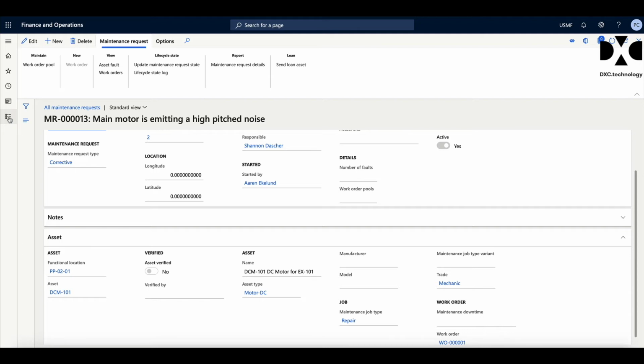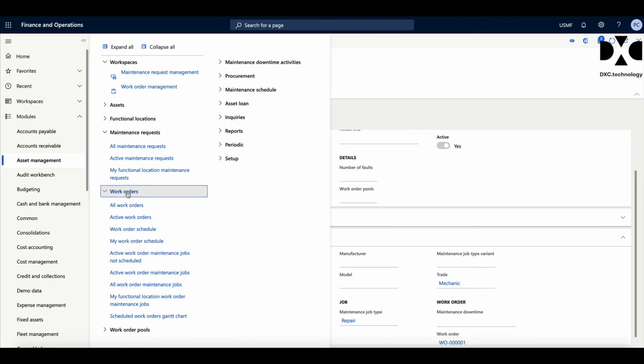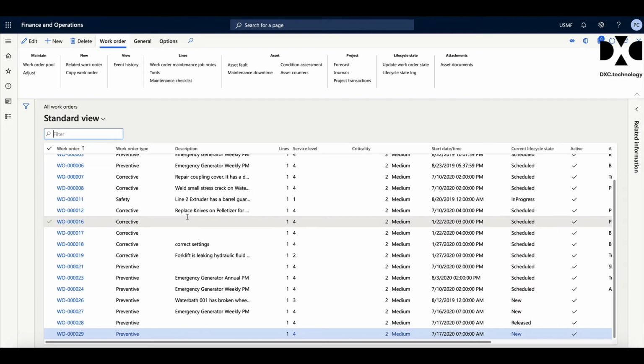But let's get back to the work orders, and let's go and show you the work order list. As I've shown it in terms of the workspace, I'll show it to you as a normal area. So these are all the work orders, and when we have a look at a work order list, as we can see from here, this is the action that you're going to be asking somebody to go out and do. So this is what we're going to give to an individual,